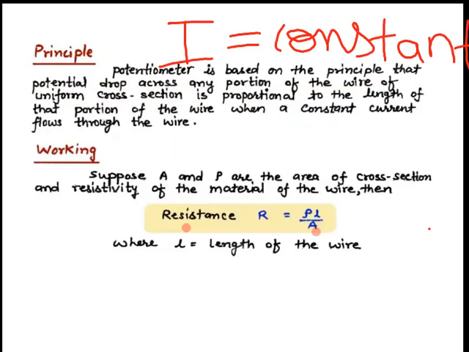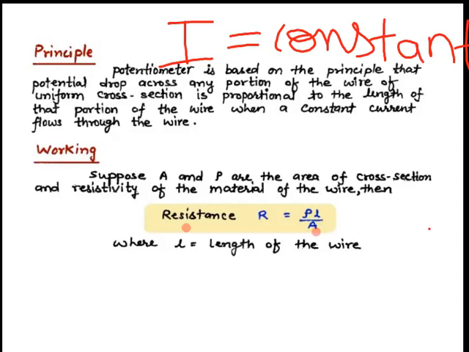Now, as we are sliding the jockey on the wire, there is potential drop. Potential difference goes on decreasing. Right, the potential difference is going to go on decreasing, and you will see that the potential drop is directly proportional to length. As the length is going to increase, the potential difference will be more. Right, children? So this is the principle of potentiometer. We will do it further. Let's see the working. Now, how it is going to work.